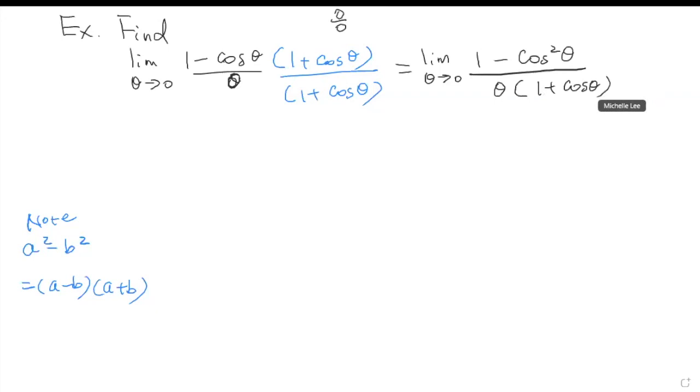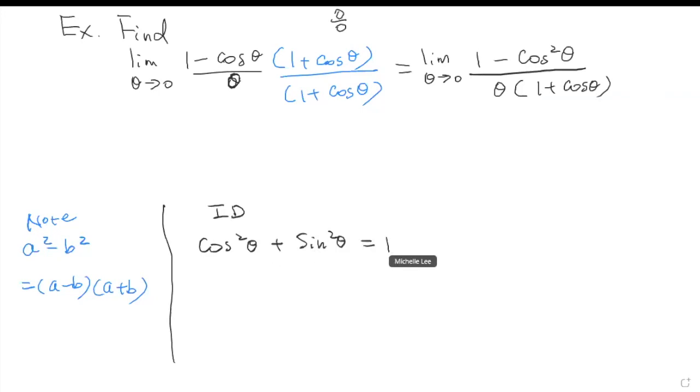All right, then look, we have the Pythagorean identity, right? So let me just write the identity. Cosine squared theta plus sine squared theta, which is 1, right? Then we can say that sine squared theta is 1 minus cosine squared theta, right? So the numerator, we can say